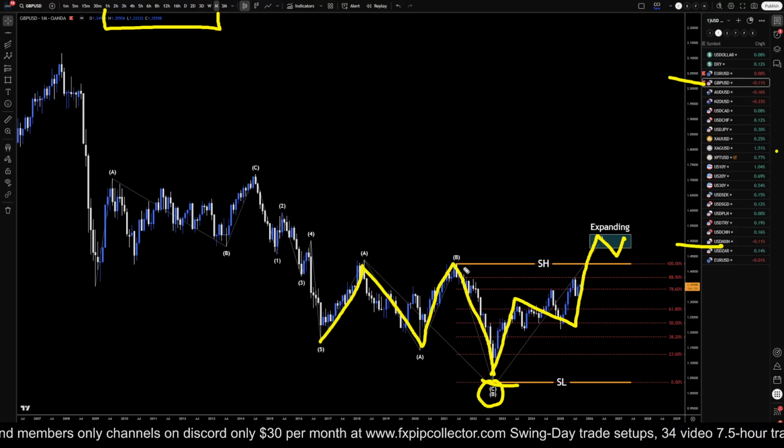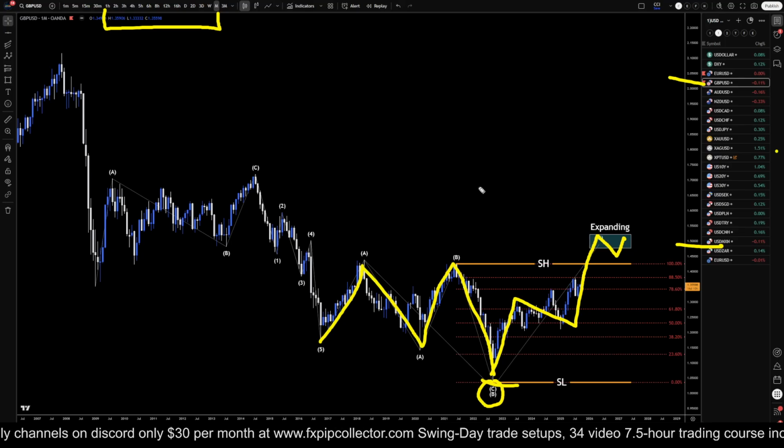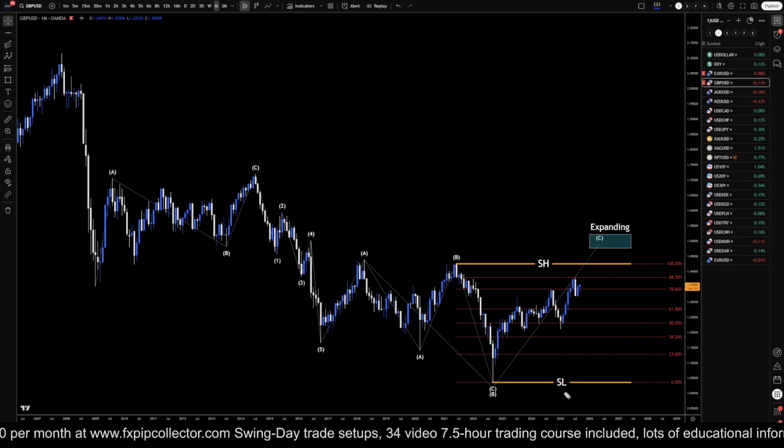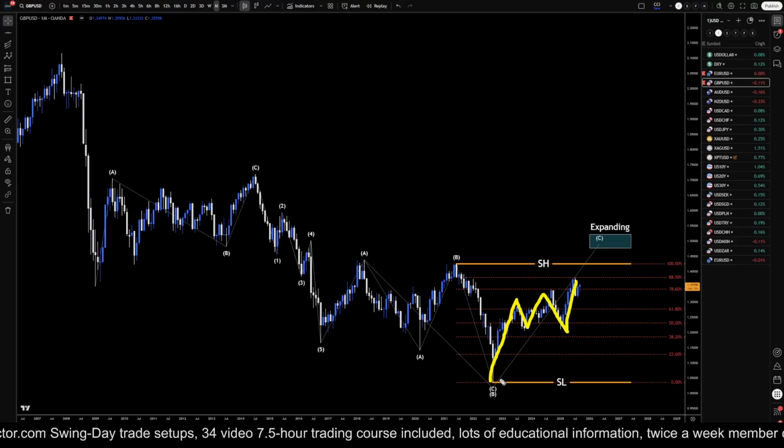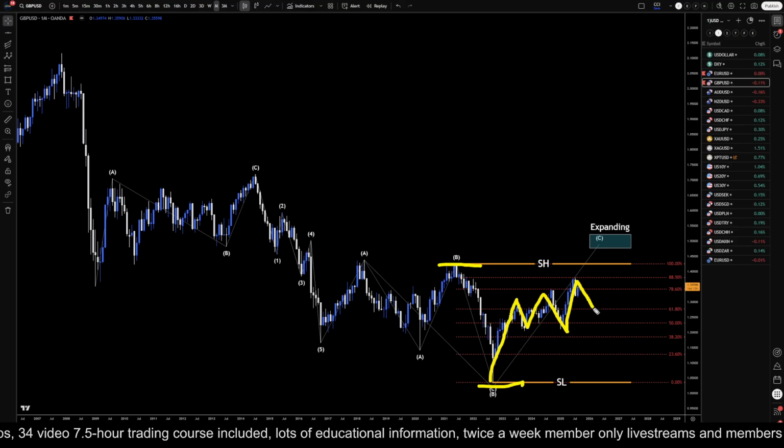That's been my main analysis for pretty much a year now on the monthly time frame, and I'm definitely still sticking to that. But I definitely always try to have alternatives. What if this is just an A, this is a B, and this is a C, and this is all just a pullback to this last wave down, and we're going to end up making a lower high and just continuing back down